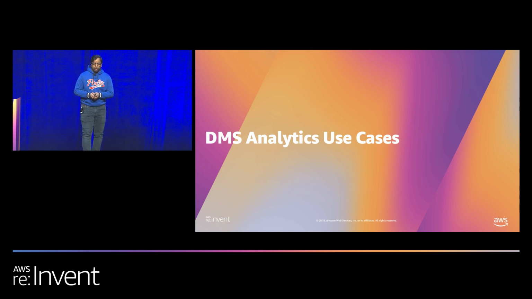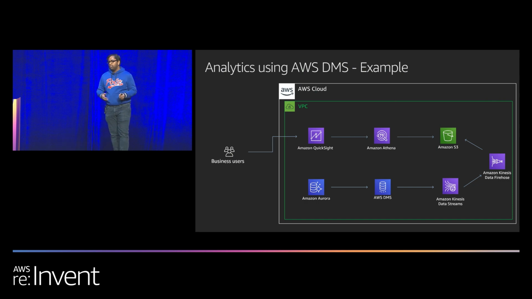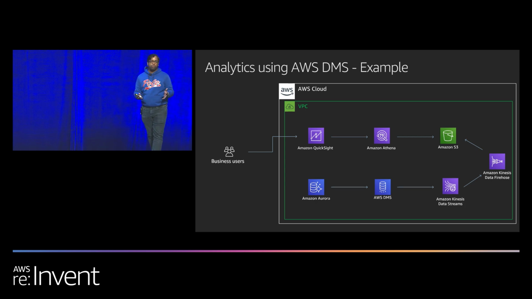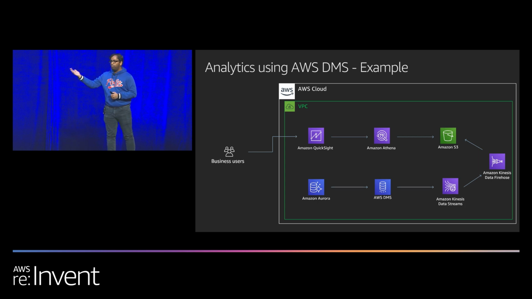replication scenarios. So going ahead, this is one of the examples of an architecture that a customer today is running, using DMS capabilities to do the analytics part with Kinesis, S3, and QuickSight. As you can see from the architecture, the first part is they have their database either in Aurora, or an example is an Aurora here. Of course, DMS supports 12 different sources and 14 different targets. So you can have Oracle, SQL Server, MySQL, Postgres, whatever you like, which is supported in DMS, and you can use the DMS replication capability to move the data from these databases